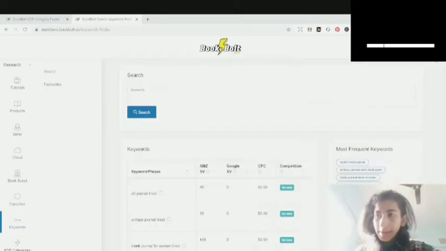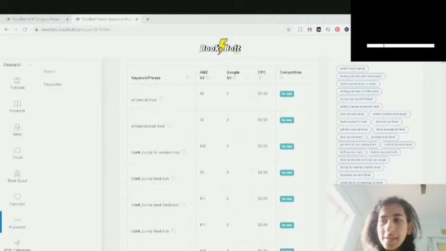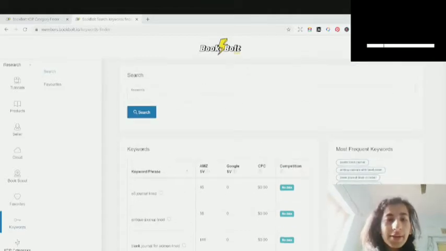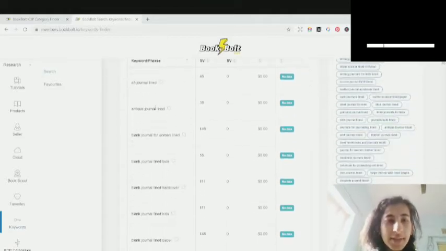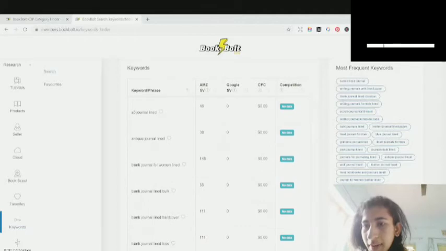Okay, boom guys, you can see there are various different types of keywords. I just searched for Easter lined general, and these are the keywords. You can see A5 general lined, various types of most frequent keywords that are used for Easter lined general. You can see blank general, lined Christian, writing journals for kids, lined general, 8 into 10 lined.